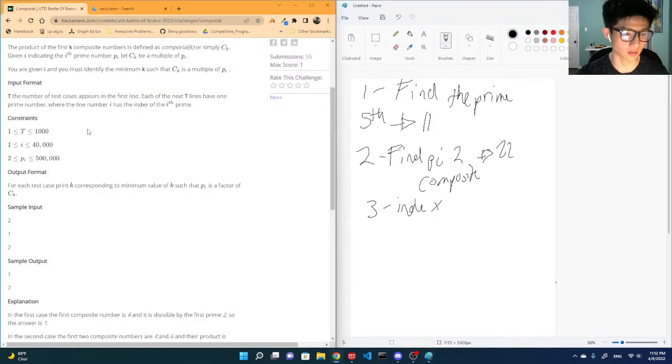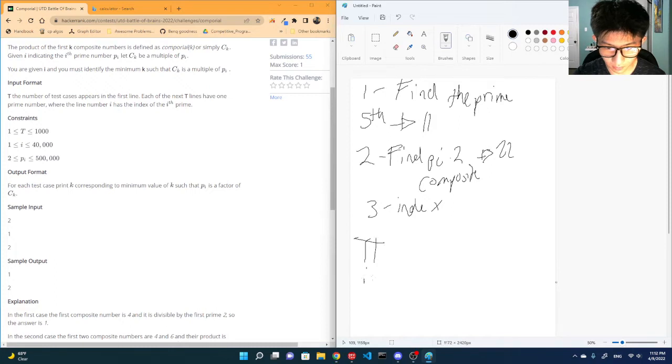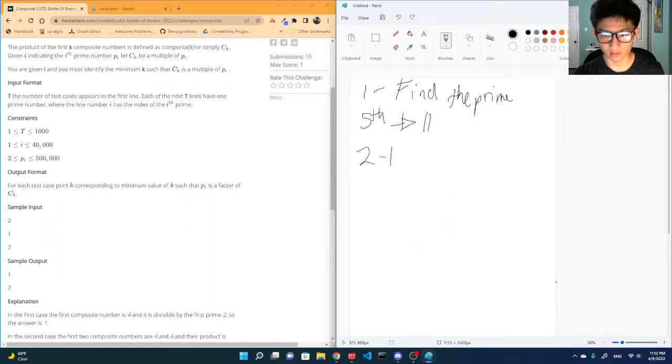So what I mean by index is that the final answer is k. When we're going through all the composite numbers, it's the product of the first k composite numbers. And so the smallest composite number is pi times 2. We've got to find what k is at 22. For example, if we had the,